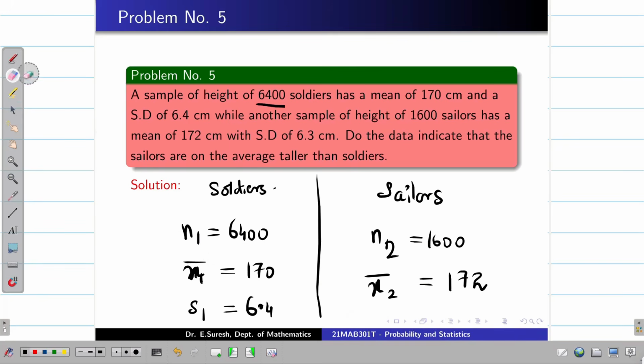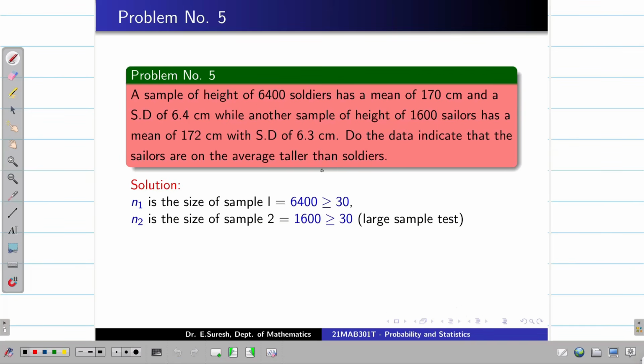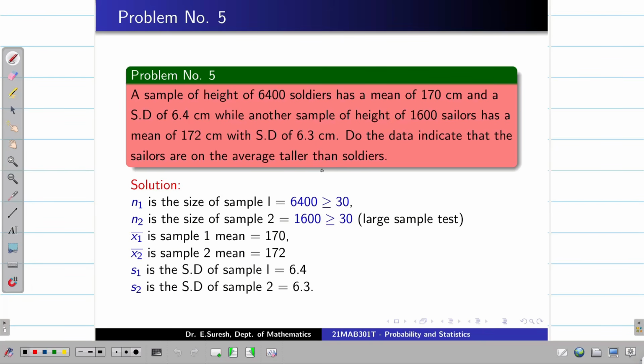The standard deviation for soldiers is 6.3. So this is the information given to us. Since the size is large, it is going to be a large sample. So we write all the information, and we have to go for our